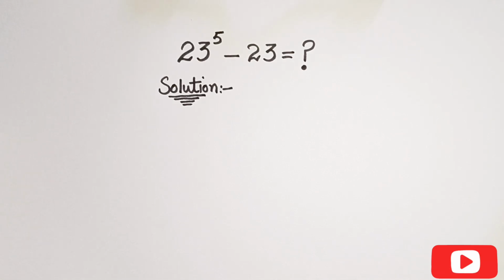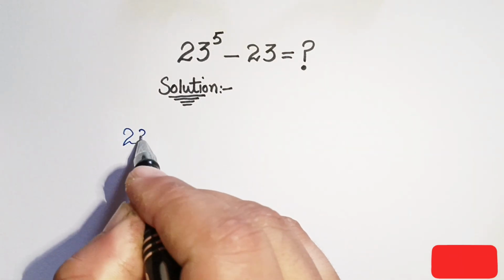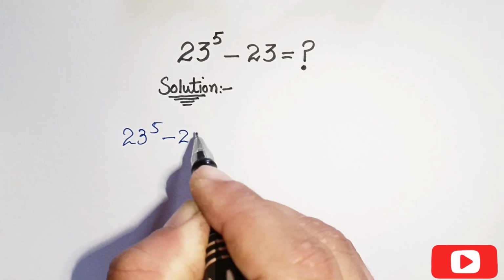Today we have an interesting math problem, which is 23 to the power 5 minus 23. We have to solve this without using a calculator. So first of all, 23 to the power 5 minus 23 is equal to